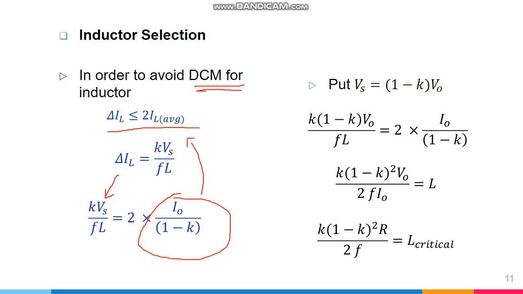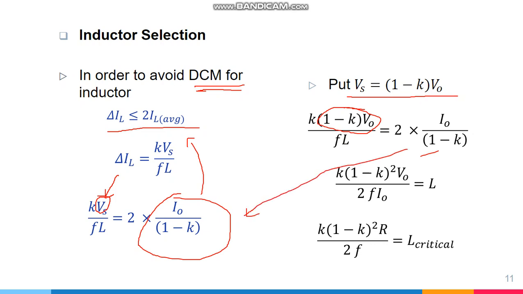Okay, so if I put this value, Vs is equal to 1 minus K times V naught, then I will get K into 1 minus K times V naught. This value has come in place of this term,